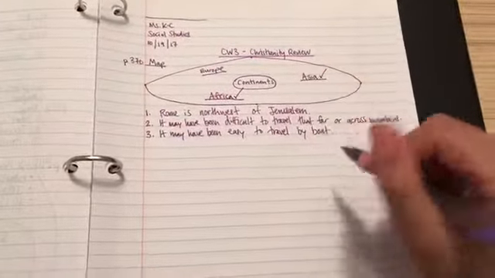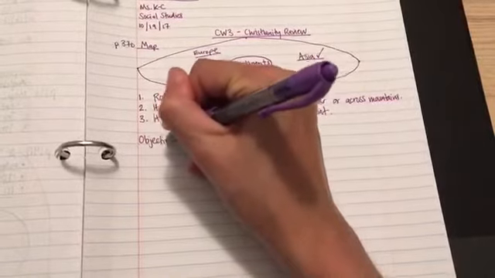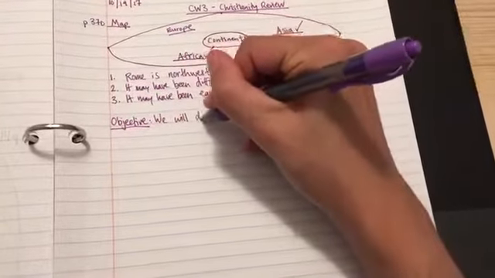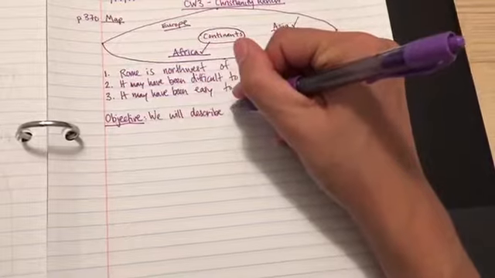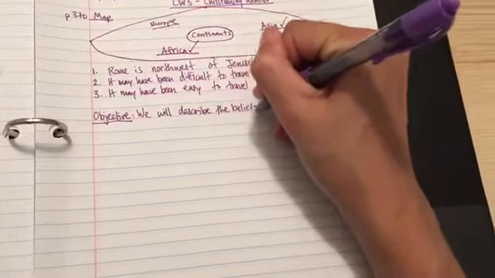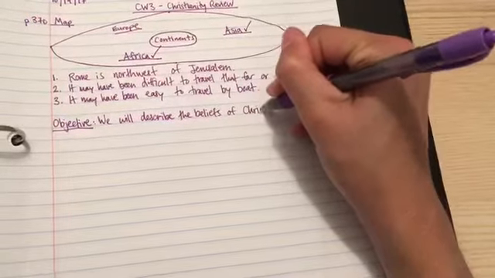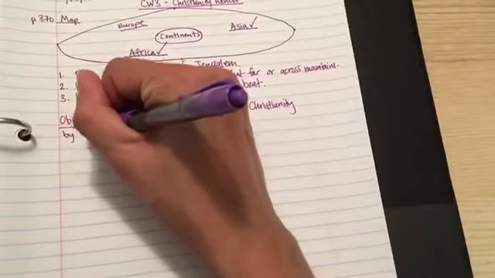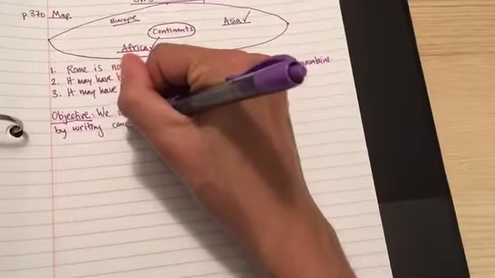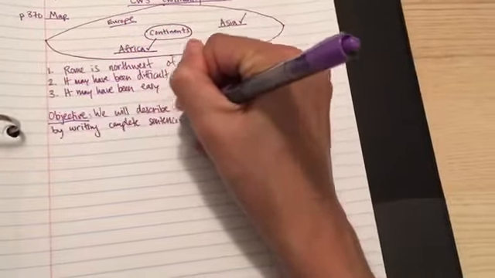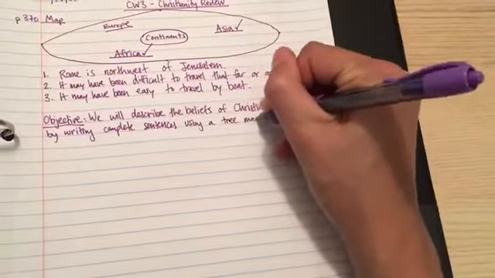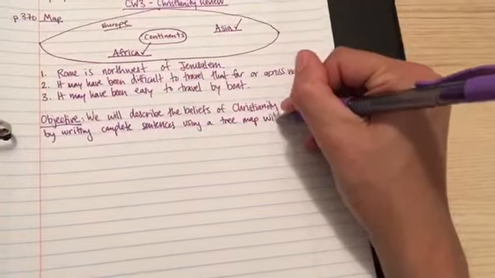day. If our title is Christianity Review, then our objective is we will describe the beliefs of Christianity by writing complete sentences using a tree map with 3 pieces of